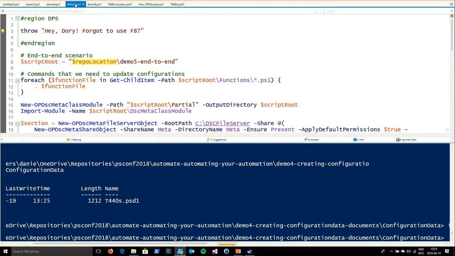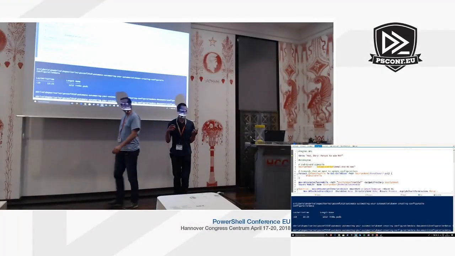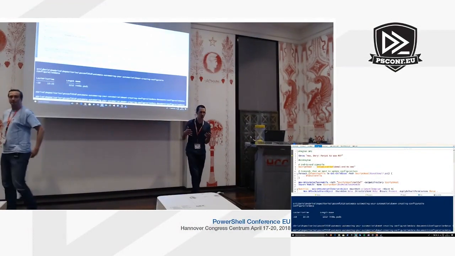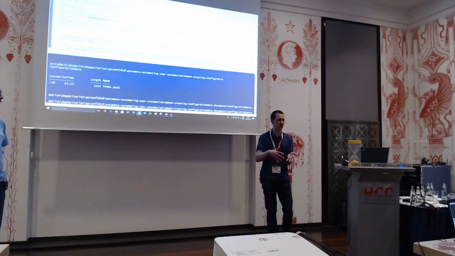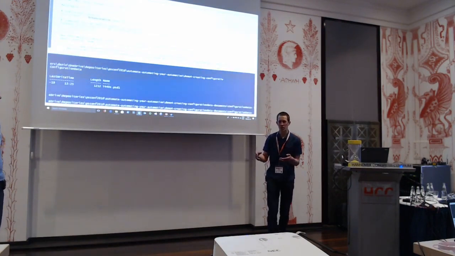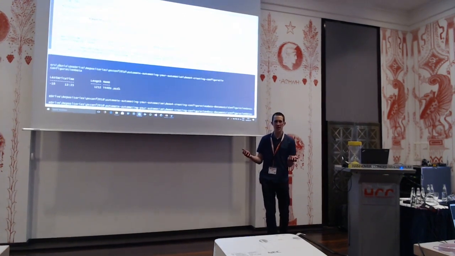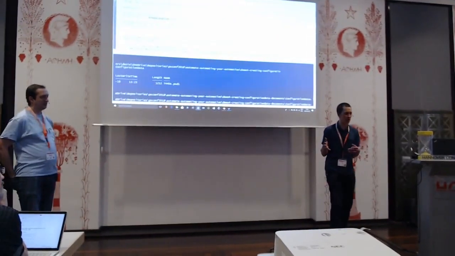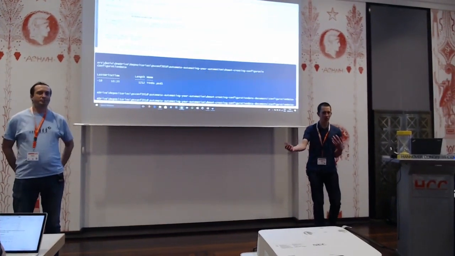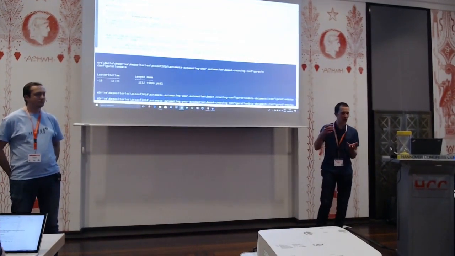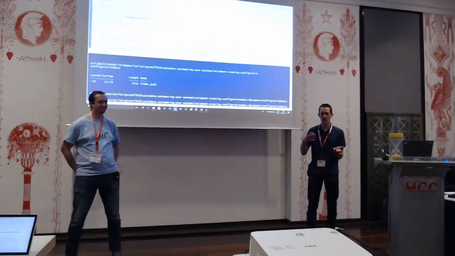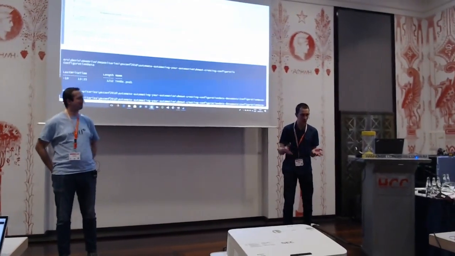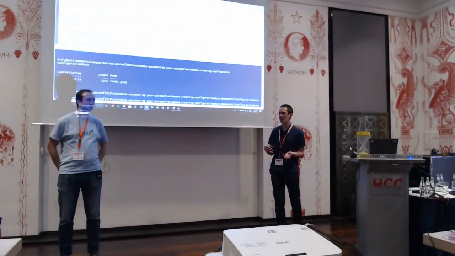So indeed, but I think what was key here is that to actually work with this configuration data, we try to put all of it into functions that we can just call from PowerShell, so that we don't need to do any manual copy and pasting in this file. Because that's what we really want to prevent, because we started with that. Obviously, we're growing into this command set, and we started with actually doing it by copy pasting,